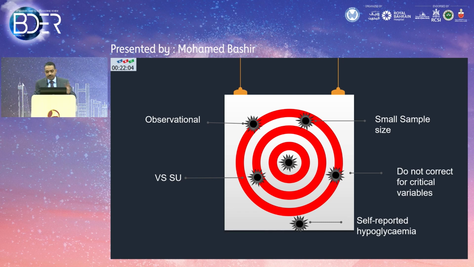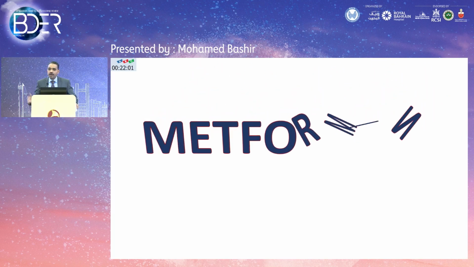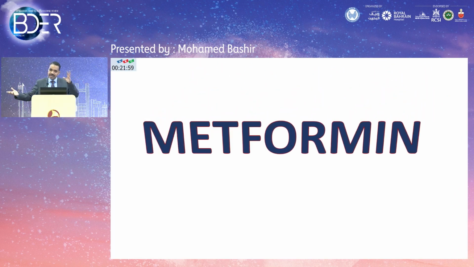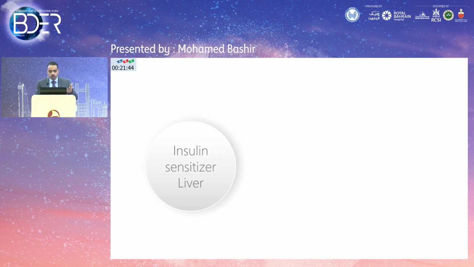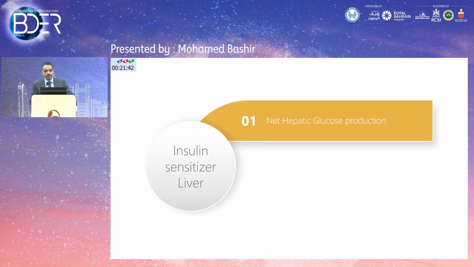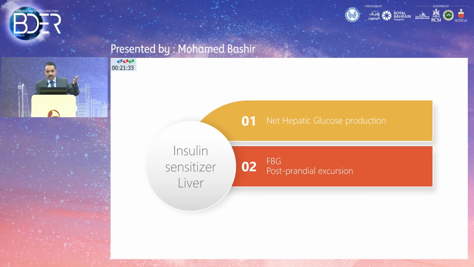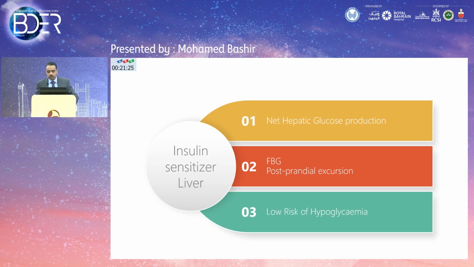So we're building off these, and that's why I think we have to learn from other studies and try data outside Ramadan and try to speculate how things are working. So for the next few slides, I'm going to go through the common medications and what the guidelines and recommendations from the data say, and how we can learn and adapt what we know about these agents. So we know metformin, our favorite agent, works as an insulin sensitizer at the level of the liver, and it reduces the net hepatic glucose production. And if you want to think of these, we have to think about fasting and postprandial. So it has a good impact on fasting blood glucose, a small impact on postprandial glucose,